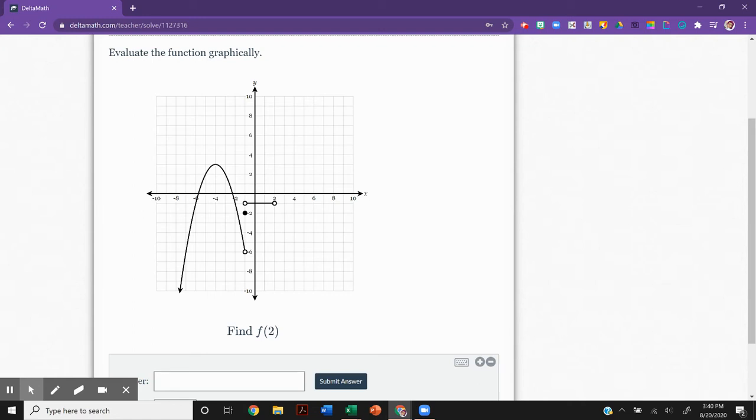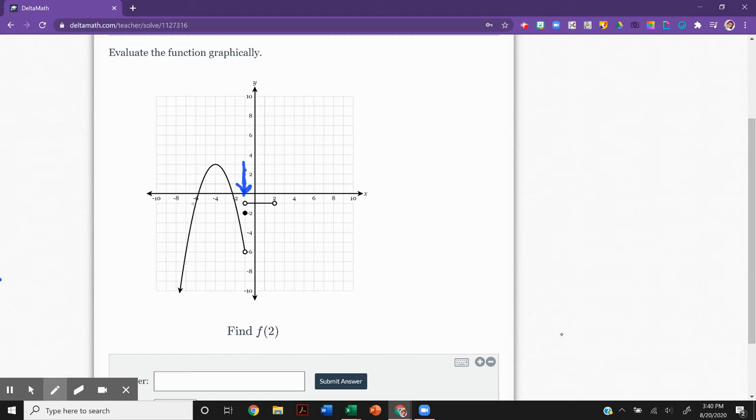So when I look at this function, I know that there are values that exist here, but right here this is x equals -1. That's where x equals -1, because if you notice, I'm on the x-axis, and I'm right at -1. So right here there's a hole, then there's this solid dot, and then there's this hole. The function exists where there's a dot or a solid line,